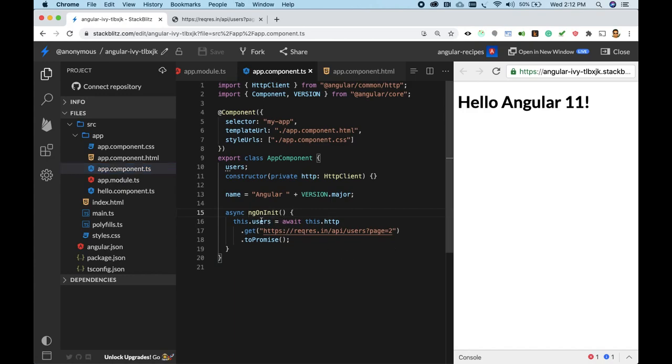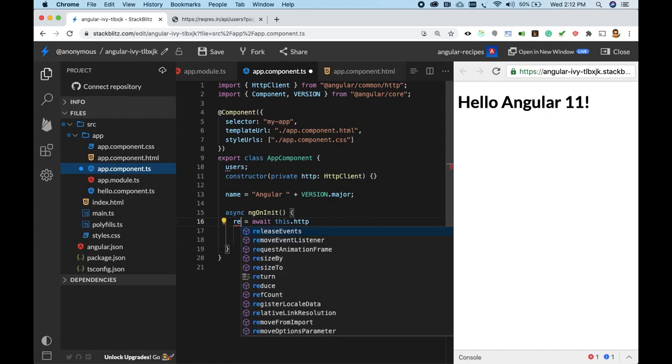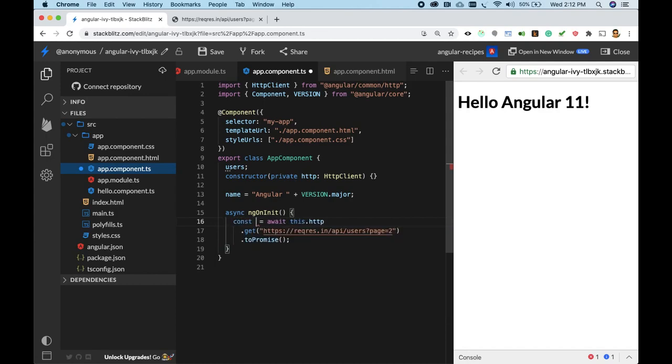So what we basically get is the response, so not this dot users. We can write const res equal to this, and just after this line we can write this dot users equal to res dot data.